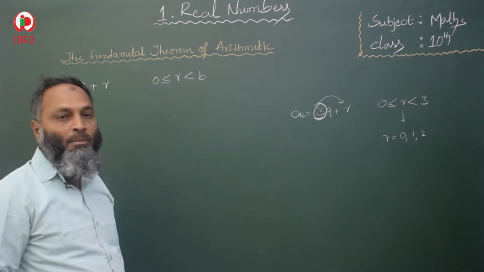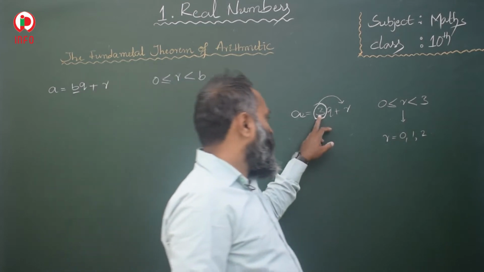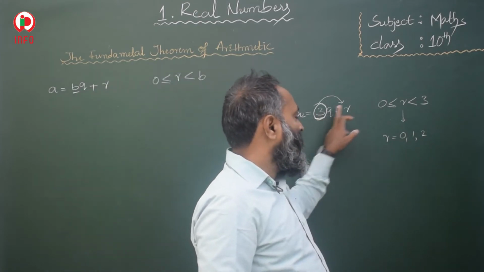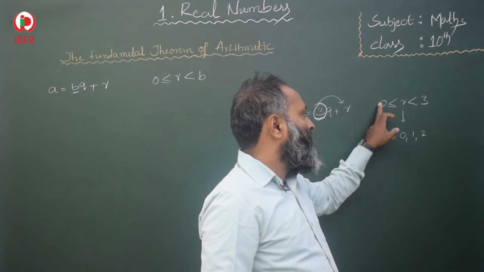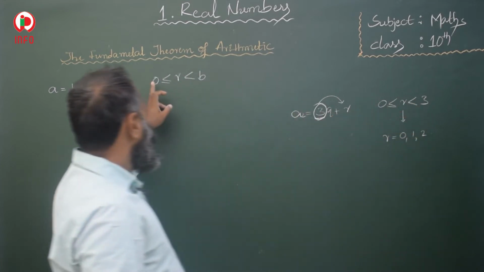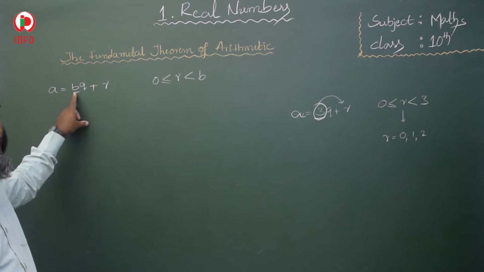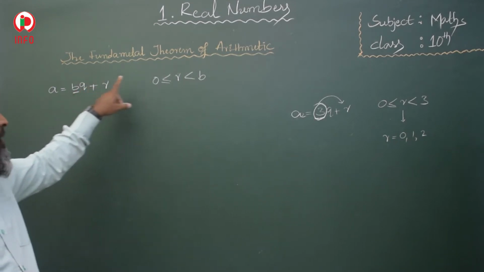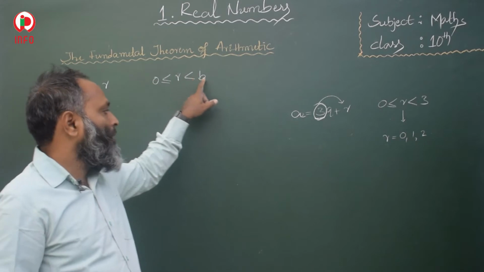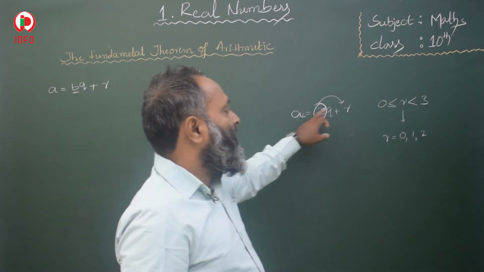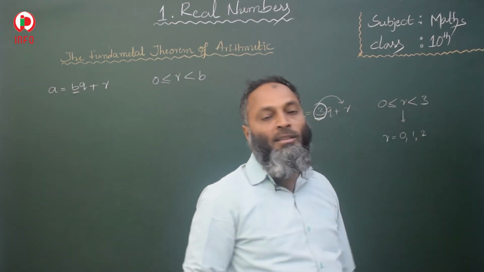Like when the divisor is 3, the remainders are 0 to less than 3; when b is the divisor, the remainders are 0 to less than b. So in that way,